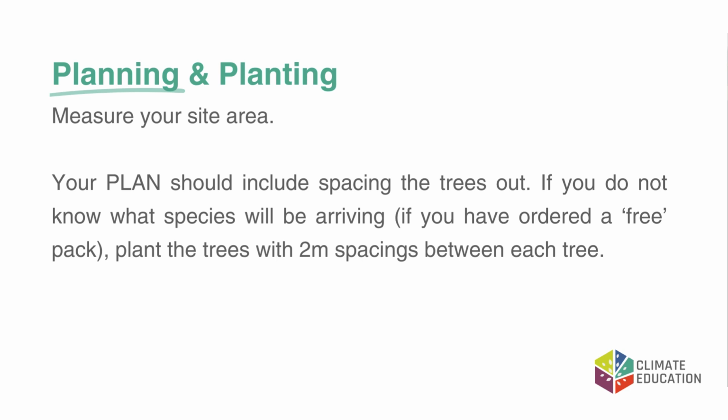If you're a school receiving one of those free school packs, very often you might not know what trees you're going to get in the packs. There might be a suggested range of species that you might receive, which makes the planning process a little bit more difficult. What I would suggest, if you don't know the species and can't recognise them when they arrive, is to just plant them at 2 metre intervals between them along the area